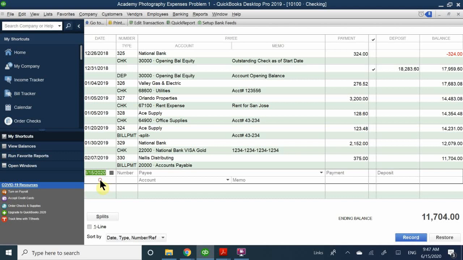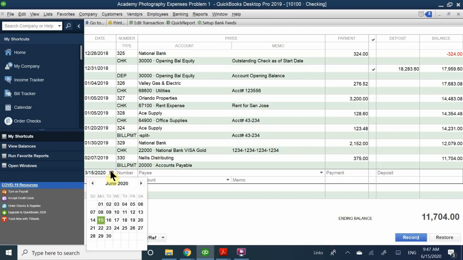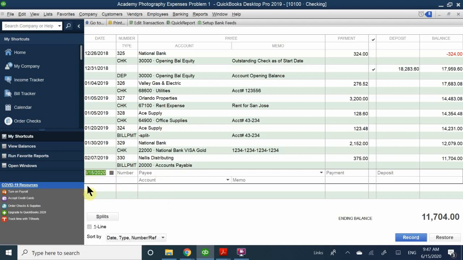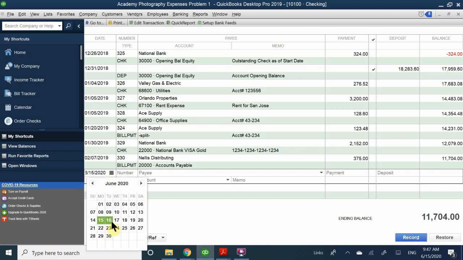Okay, so then it asks us to enter in January 8th. In this case, I have February. I'm gonna do February 8. Is that what it says? February 8 or January 8? January. I'm gonna do February just because of the way that the check register looks. Again, I can't do anything back in the past. I mean, I could try. Let me see. If I were to do February 8 of 2019,